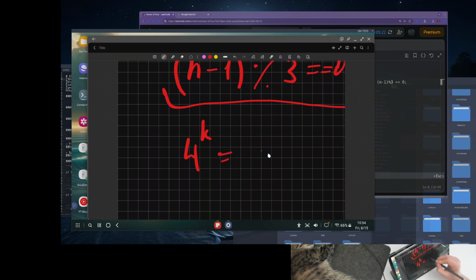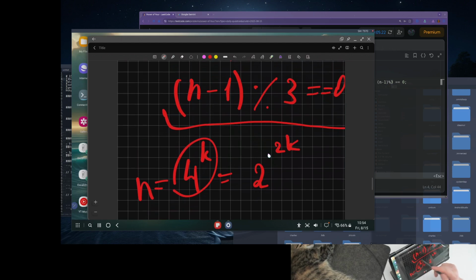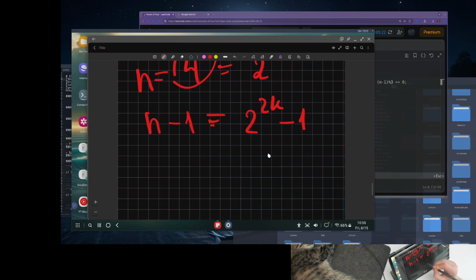We can rewrite it as 2 to the power of 2k, and then we do this trick: we have n, and we do n-1, and on the other part of the equation we do the same, -1, and this equals 2^k minus 1 times 2^k plus 1,